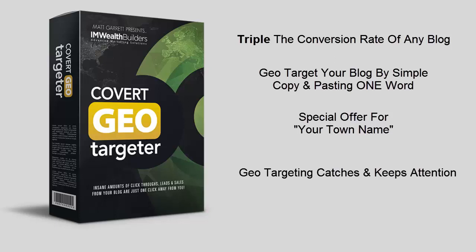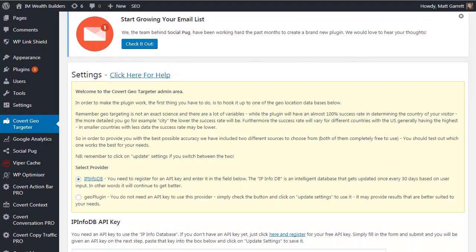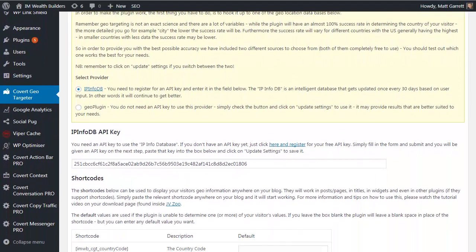Geo-targeting catches the eye and draws your visitor in. And best of all, our testing has shown this works for any niche. Now let me show you just how easy it is to do this on your own blog with the Covert Geo Targeter plugin. Now here we are in the plugin itself on our blog,